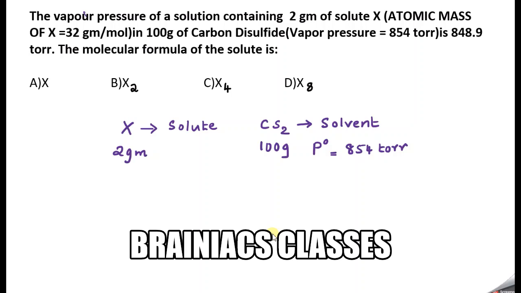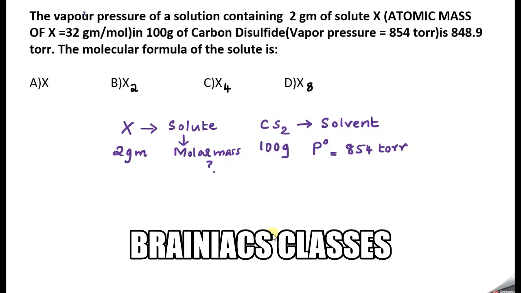So the atomic mass is given, and we need to calculate the molecular formula. So let's find the molar mass of the solute. Molar mass we need to find out. Okay, so atomic mass is only known, it is not the molar mass. From the four colligative properties we usually get the molecular mass or the molar mass. It is not the atomic mass we get from the four colligative properties.